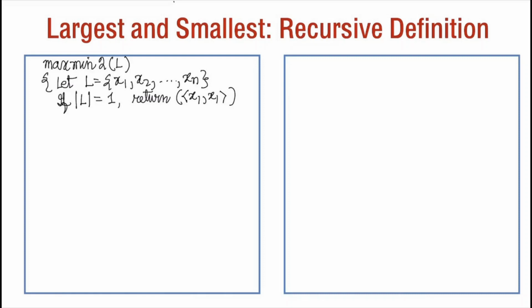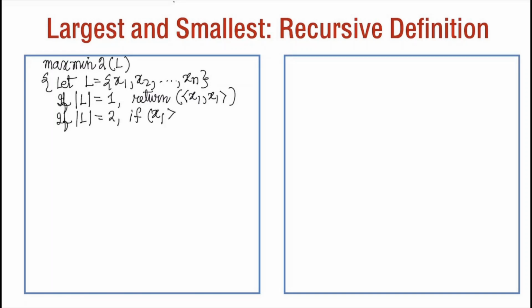On the other hand, if there are two elements, then by one comparison, we can find out the maximum and minimum for two elements. So we have another base condition. If L is 2, then we do one comparison. What is the comparison we do? In this case, if L is 2, we do the comparison